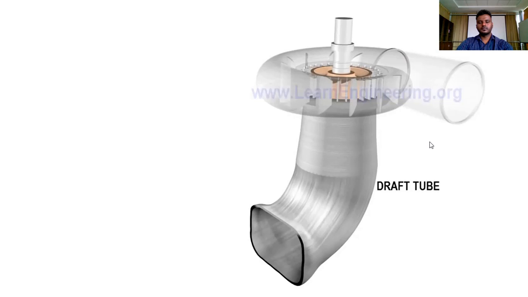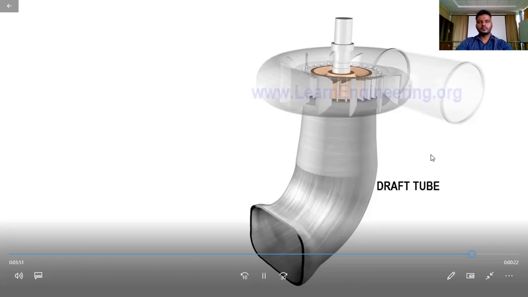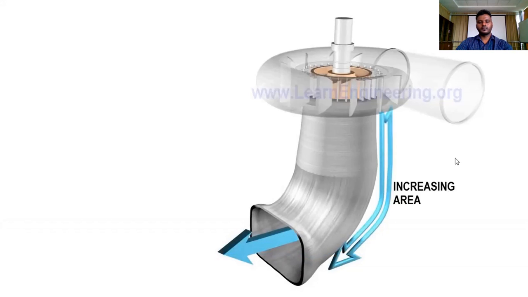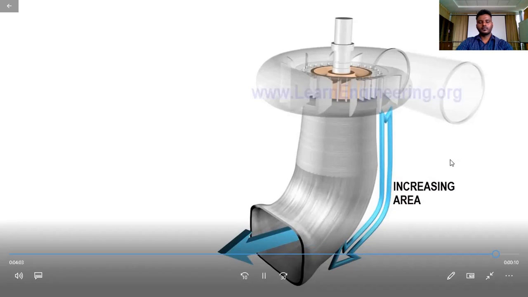Low pressure at exit side of turbine may cause serious problems of cavitation. So a carefully designed draft tube is fitted at exit side to discharge the fluid out. Draft tube will transform velocity head to static head due to its increasing area and will reduce effect of cavitation.